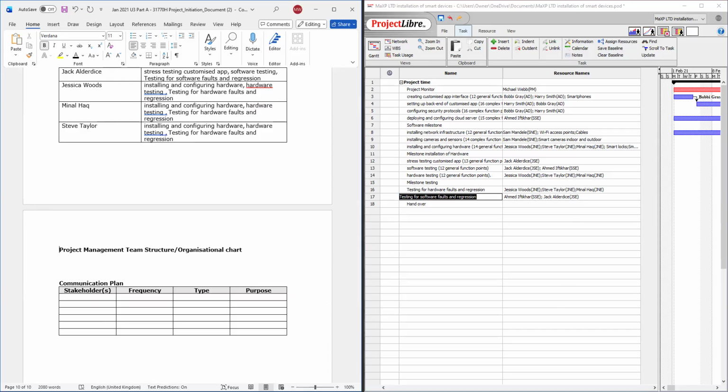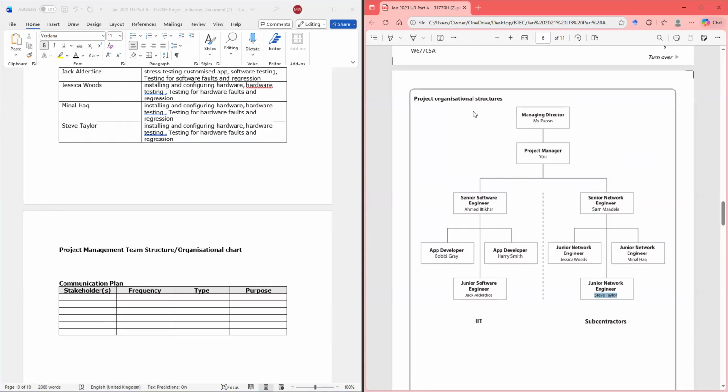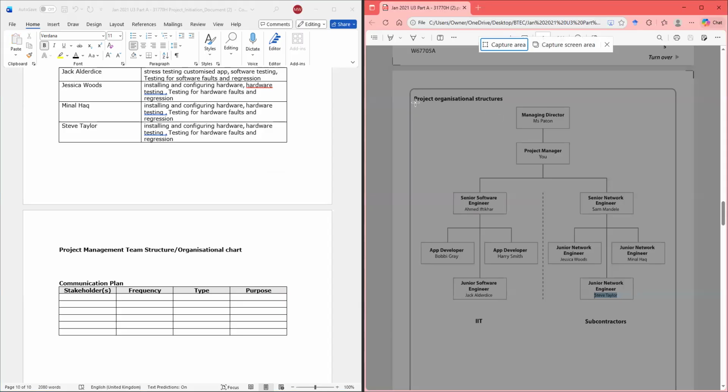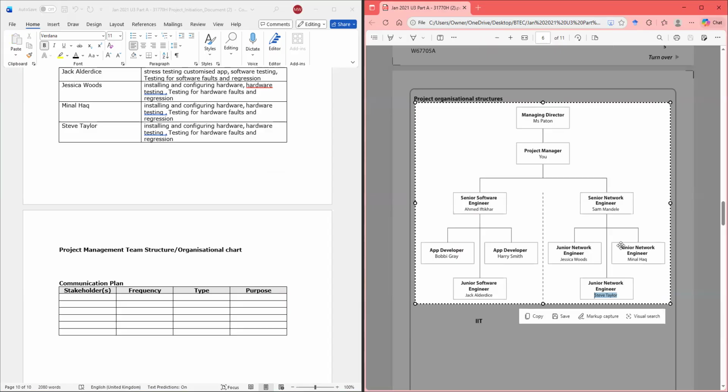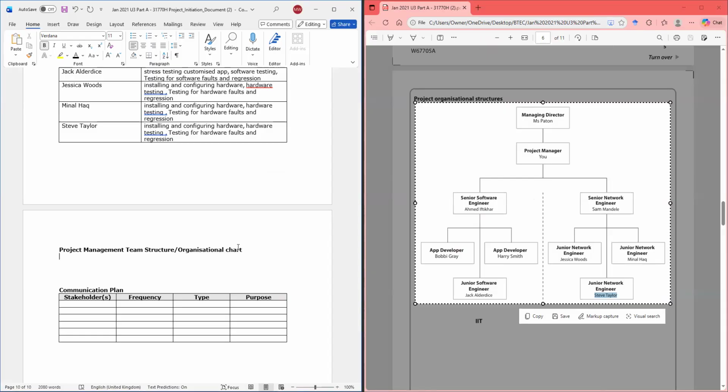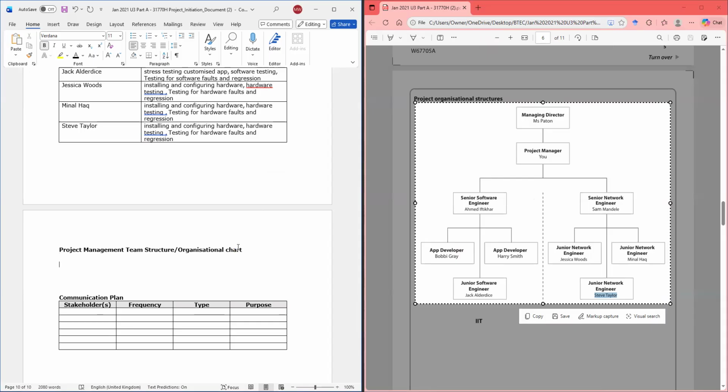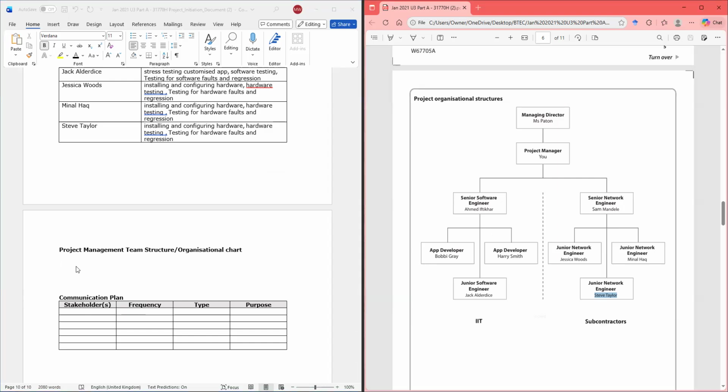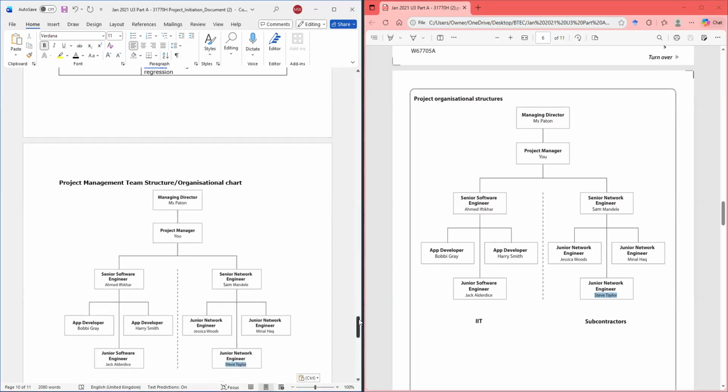For this one, all we have to do is just copy this over. So we just copy it and just paste it.